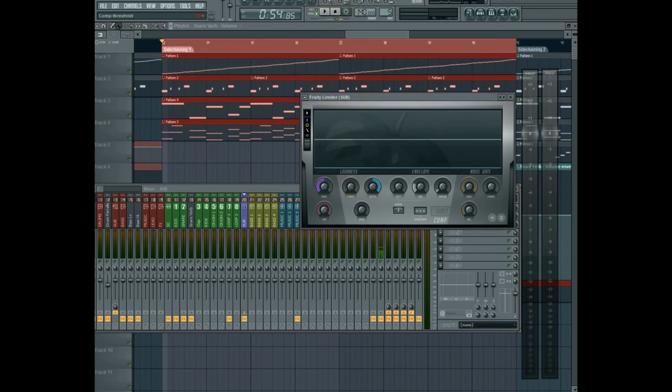So I set the threshold to 0, because the minute the kick plays, I want it to attenuate the signal. And I set the ratio extremely high, and then I tweak the release to get it to sound a little bit more natural. Remember, the release is how long after the compressor is done does it release the signal? Does it return to its original volume? So if I hit play,